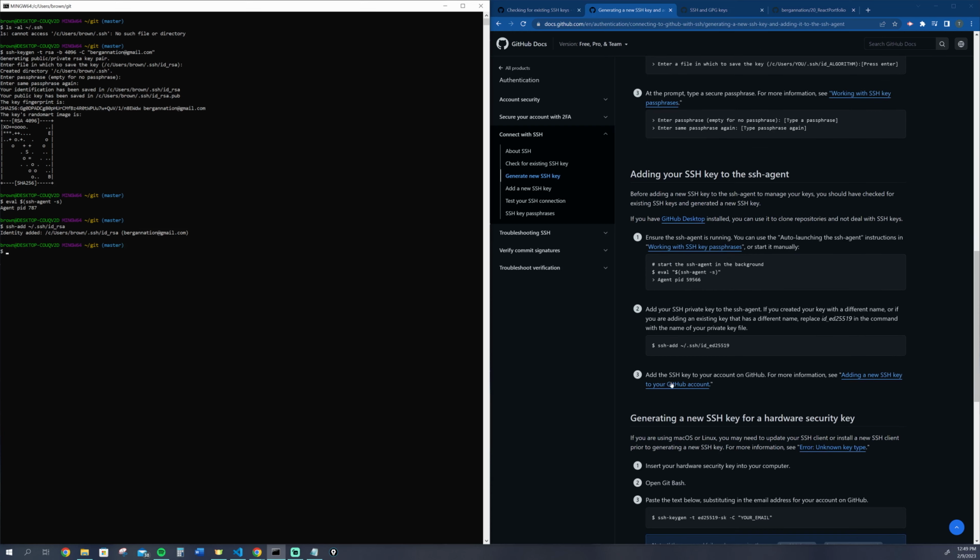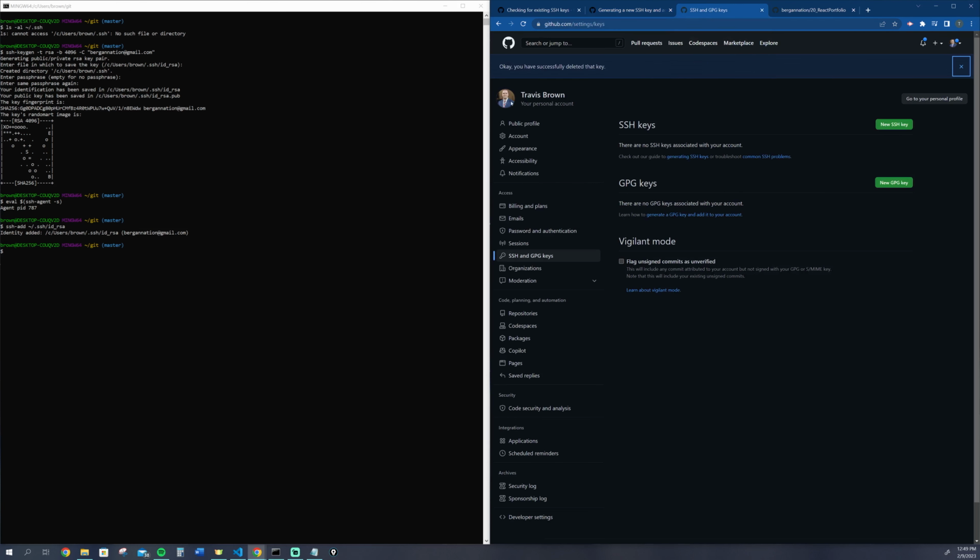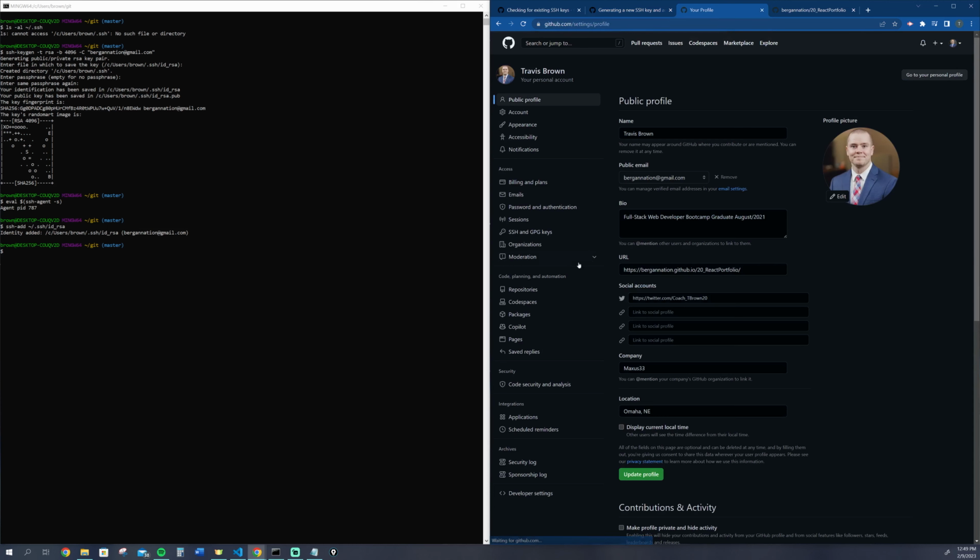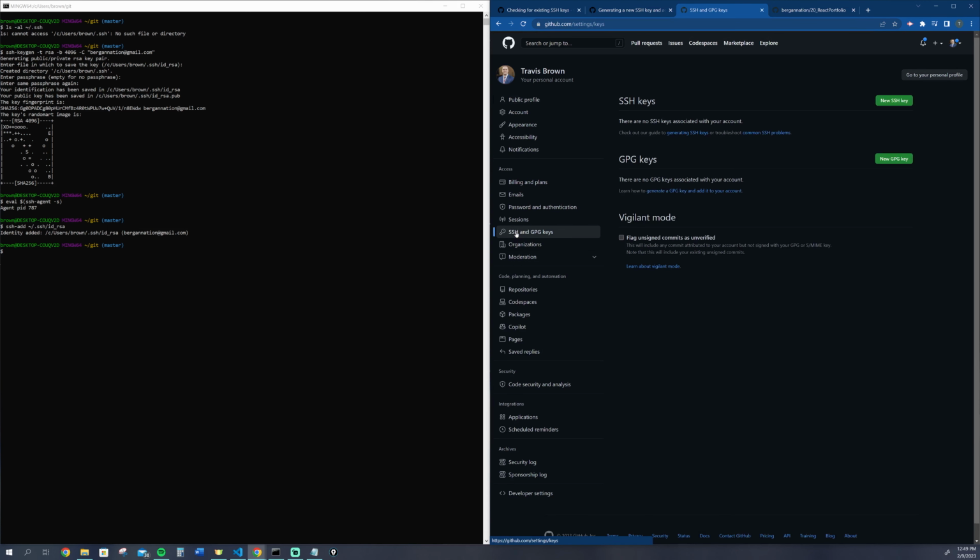Now, the next step is we need to add this key to our GitHub account. Everything is done on the command line side of this. Now we need to go and add it to our GitHub account so then it can make that secure connection. So over here, you can see on your GitHub account, if you were to click here and go to settings, it then has the option here to go to SSH. And now we can add a new SSH key, but